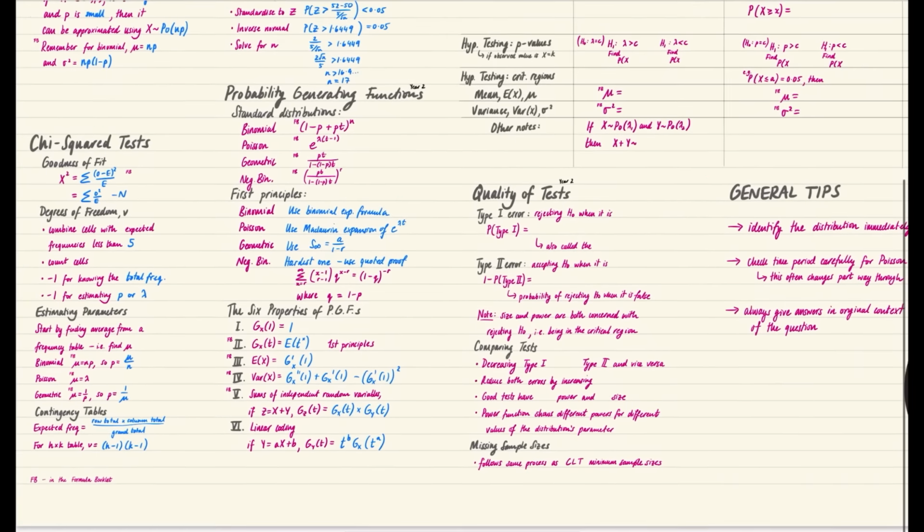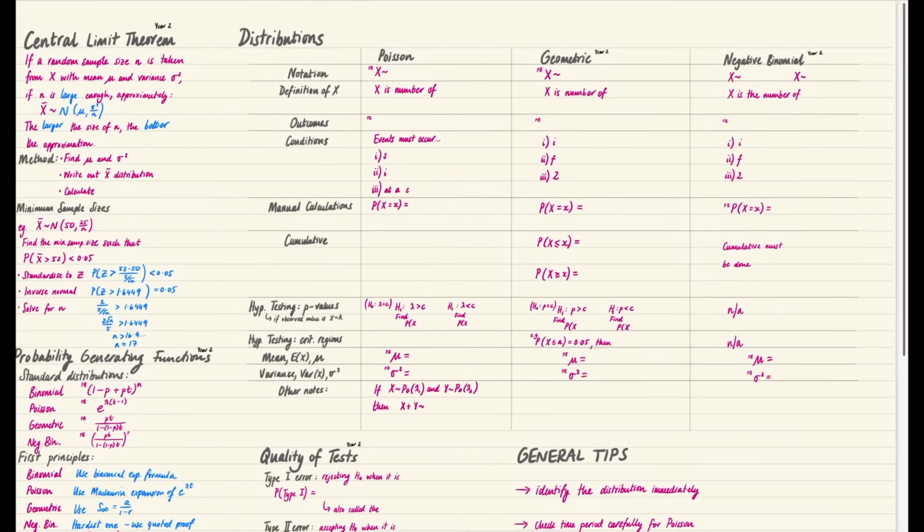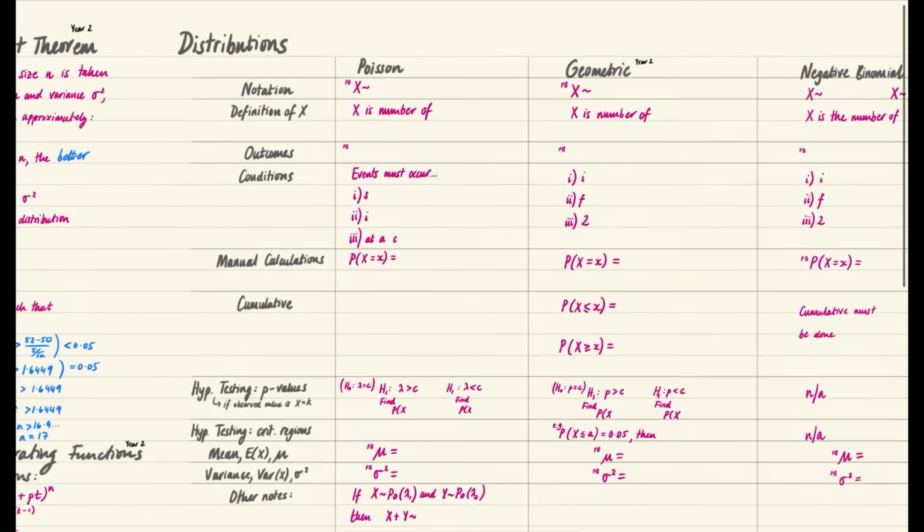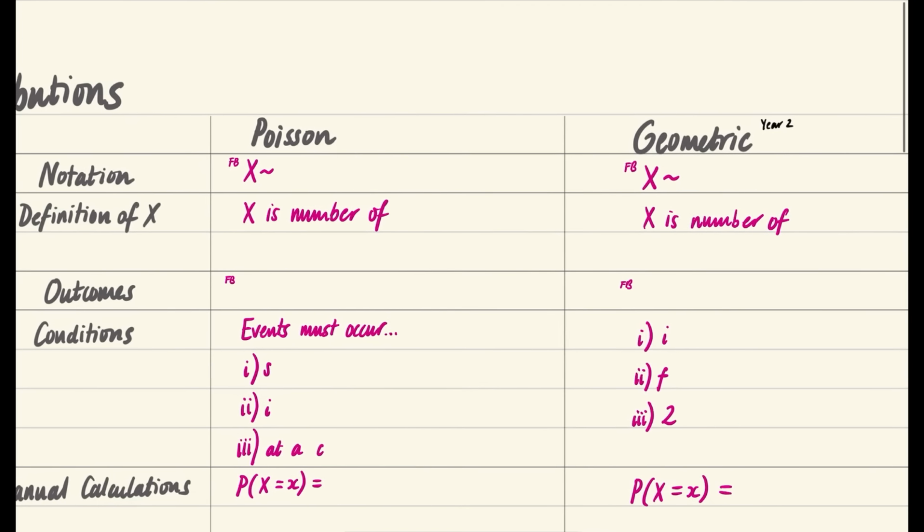Now, here is probably the biggest bit, and I'm going to do Poisson, which is year 1, and then geometric and negative binomial are year 2. So I've got all of the different things I'm going to do along the side. I'm literally just going to work through all of these, okay? So I'm going to start off with